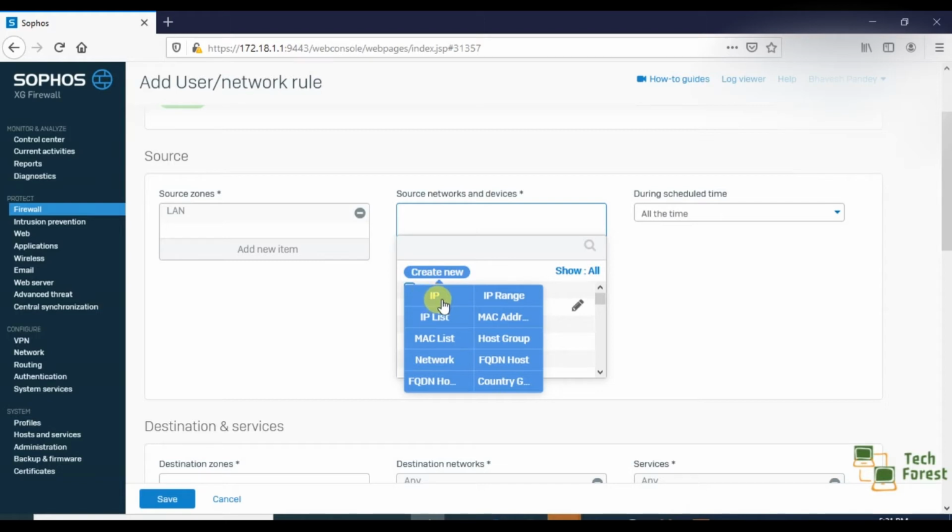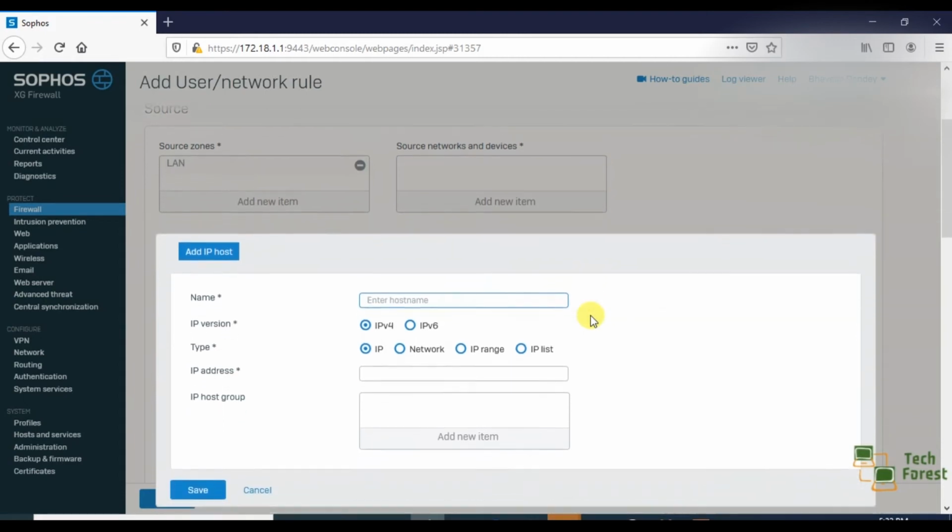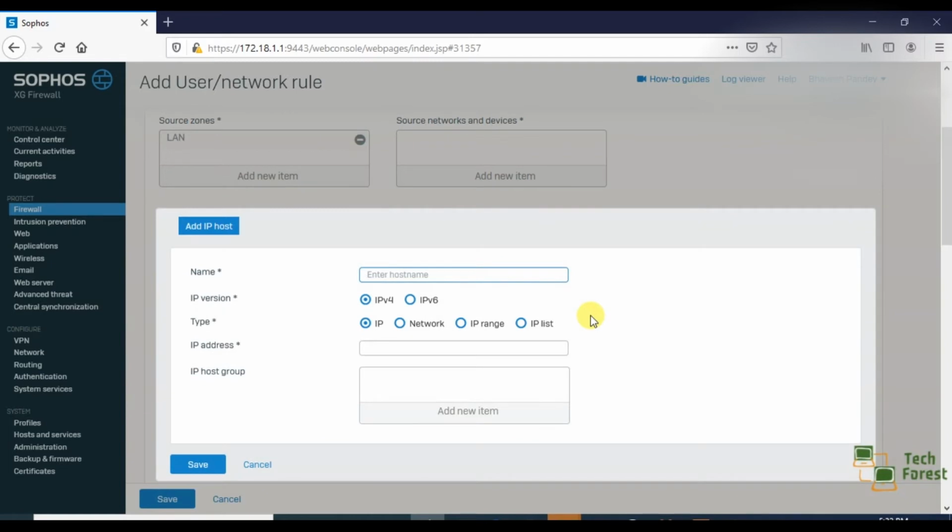Here you can select IP or IP range. Here I am clicking on IP range because I know, and you should also know, on which devices you want to apply this rule. Okay, and I'm clicking on IP range.